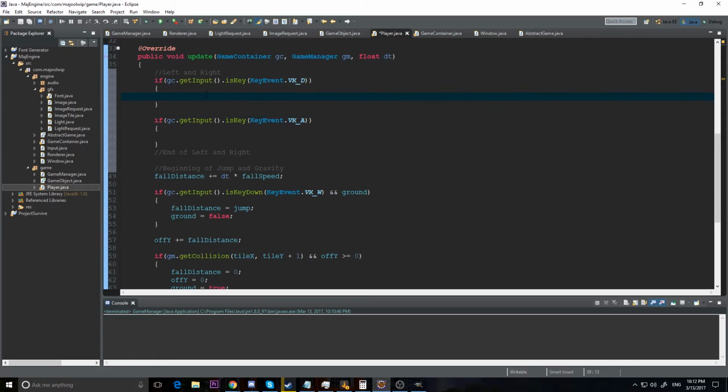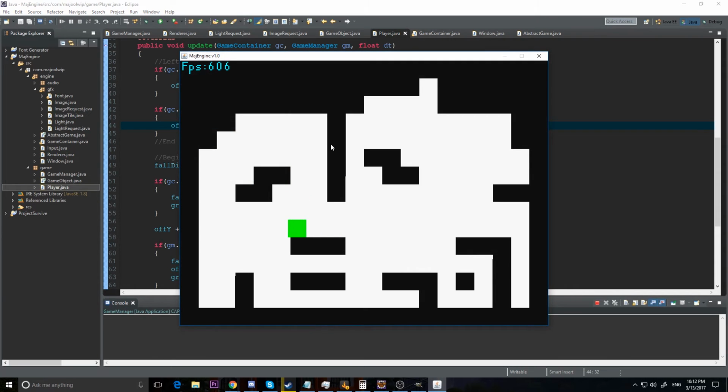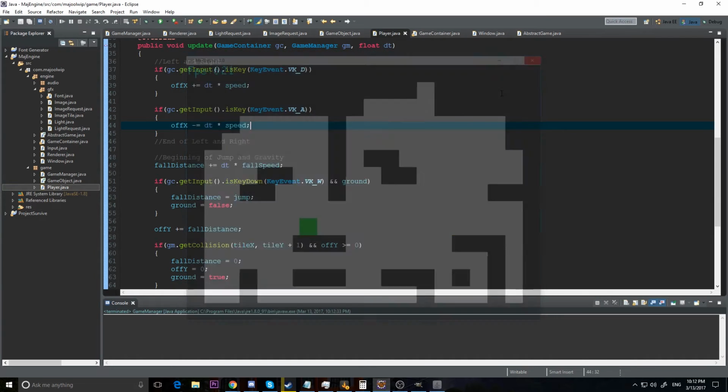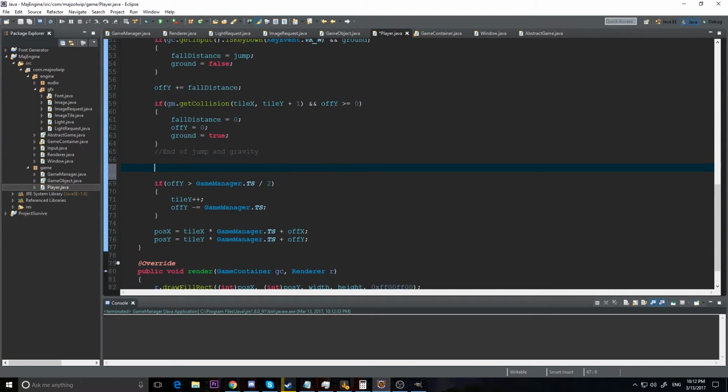Okay, and what we're going to do is offset x, we're going to add to it our dt times speed like we did before, and for offset y we're going to subtract dt times speed. Right, simple. But here's the thing. We can move left and right now, but our tile position x is not updating. So over here it thinks we're still on this platform, so we're not falling down over here. So let's head back down, and we need to add in